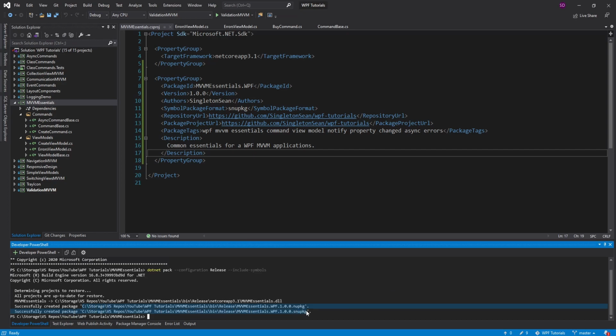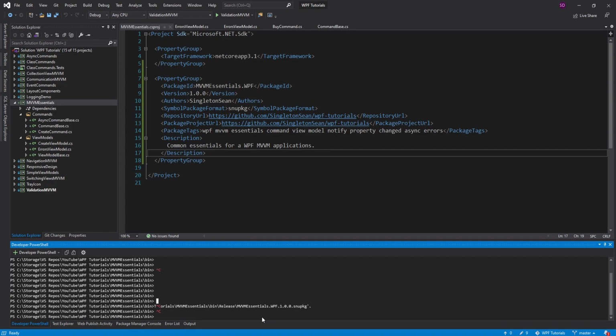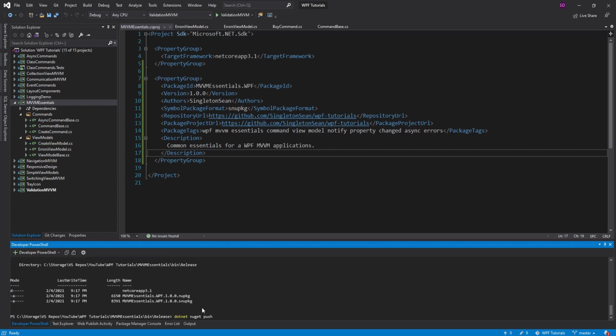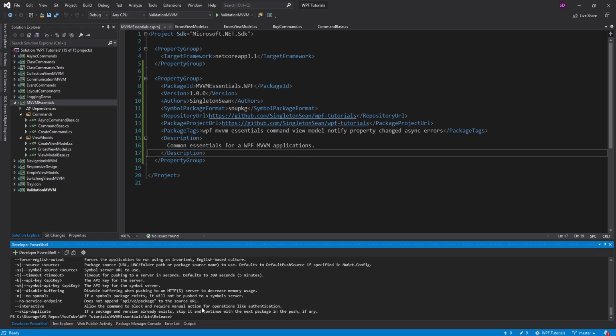Alright, so it did spit out the package in our bin. Let's go to that bin. Alright, maybe the terminal is new because it's kind of spazzing out on me. Alright, I made it to the bin and the release directory, so we can do a dotnet nuget push. And we'll just select these with a glob star, so star.nupkg. And I think I'm going to need an auth token, but let's just try this.